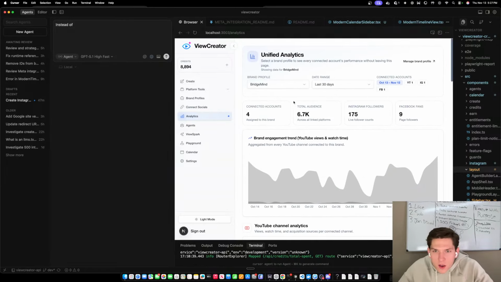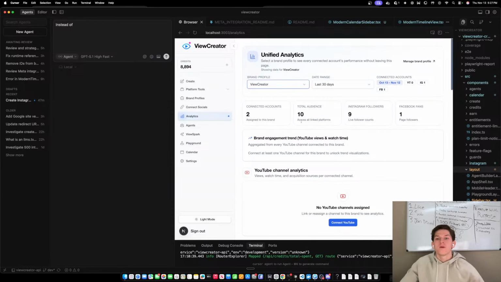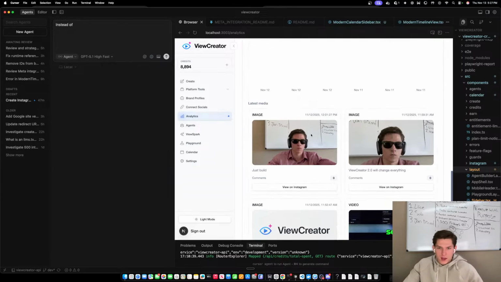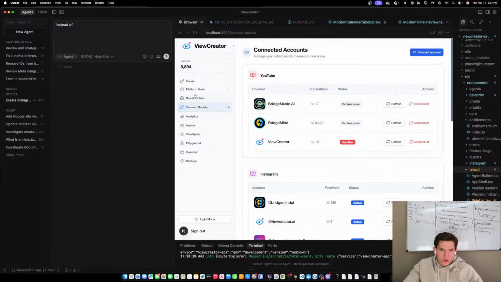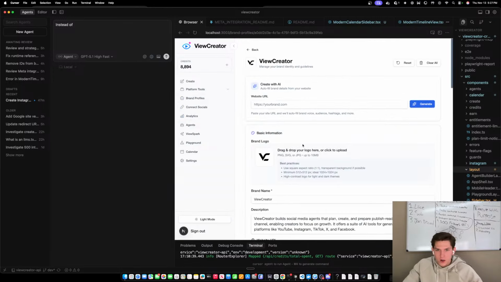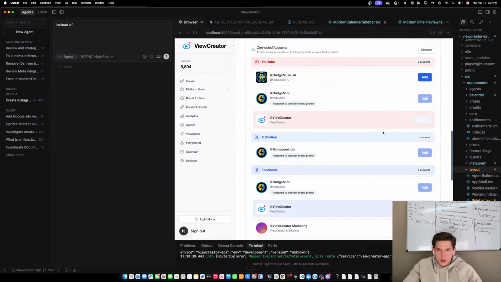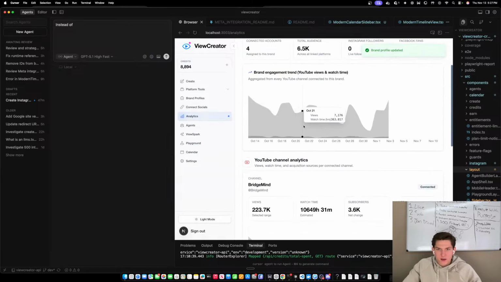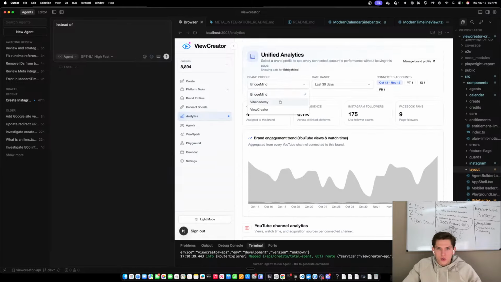Okay, do you guys see this? If I switch to View Creator, for example, that brand profile, it then goes to connected accounts. I have 2 connected accounts associated with it. It's Instagram and what is it? Let's go to brand profiles, and for View Creator, we should connect the, oh, I can't connect that one anymore. So yeah, we can connect these as well, right? So connect these. Click save, and then I can go over to analytics, and I can go to View Creator,